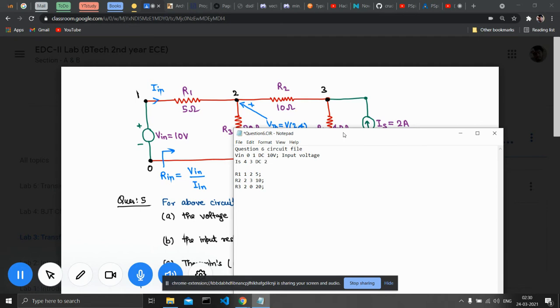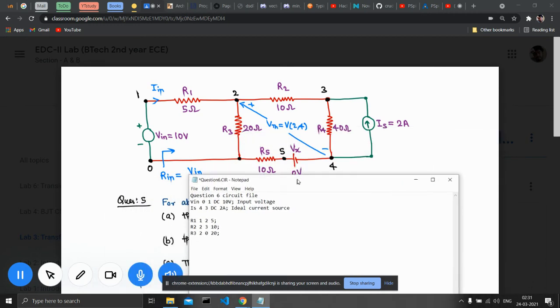Its value is 2 amperes. You can specify amperes or not. I can write a comment: input current, or ideal current source.